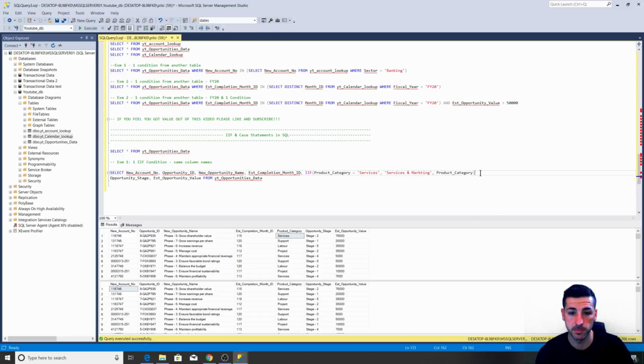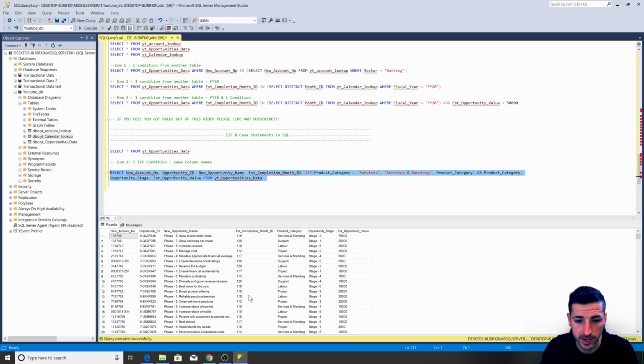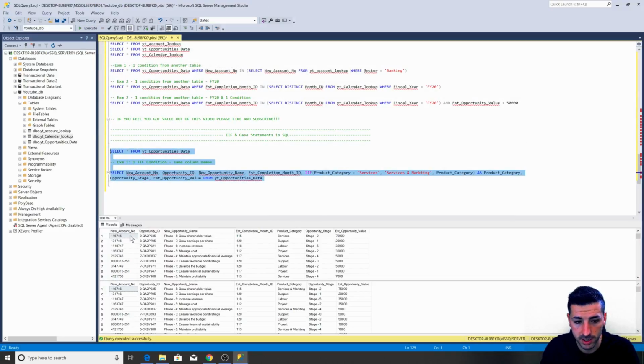Now I need to give it a name. So this is where I can keep exactly the same columns, just say as, and I'm going to keep exactly the same column name, product category, then a comma, and then I continue with the rest of the columns. If I run this now again, we can see that where we had services before, now it became services and marketing. If I run both together, we can see on the first table that we haven't run the if condition, it is still services, but on the second table, it changed services to services and marketing